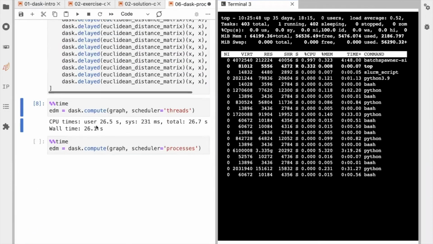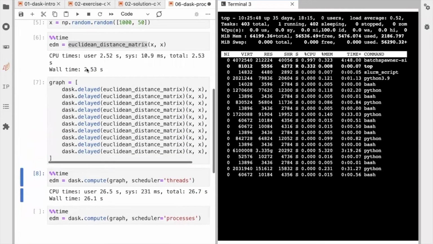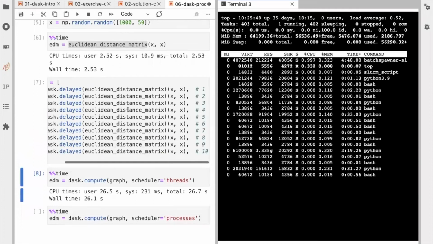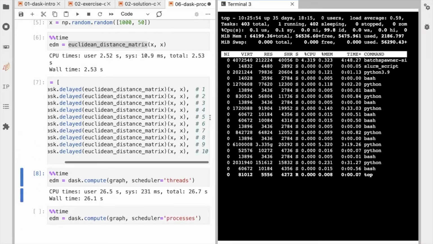So if we come here and we look, we have 26 seconds. So roughly 10 times. So we have 10 tasks. Roughly 10 times of